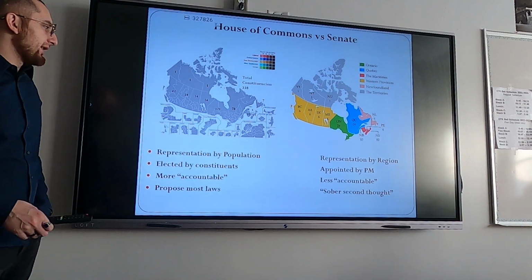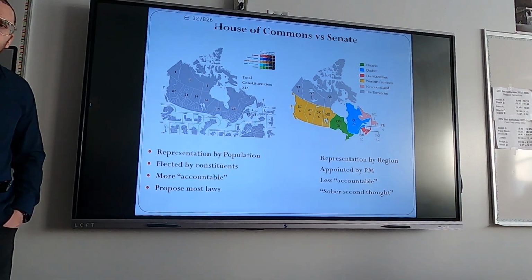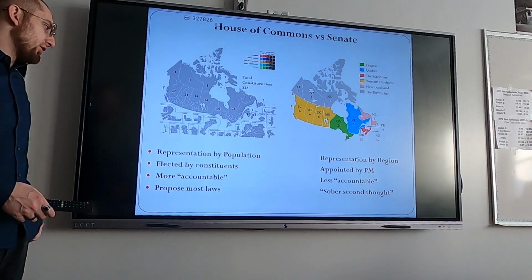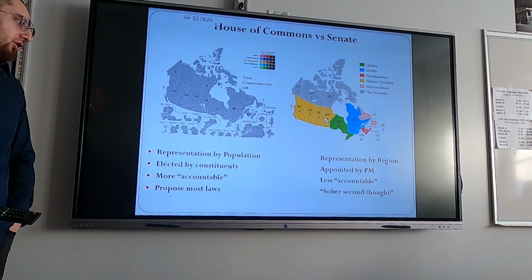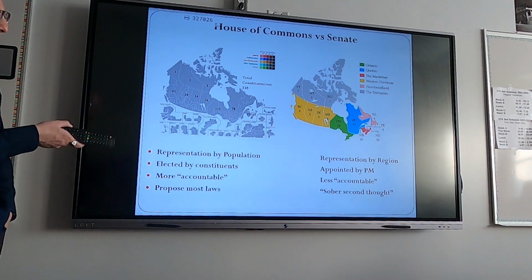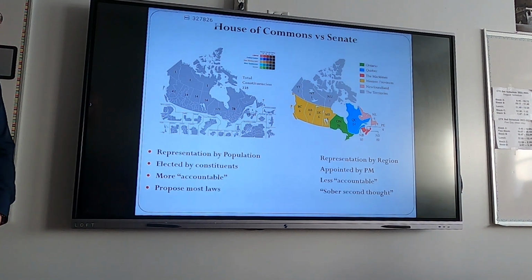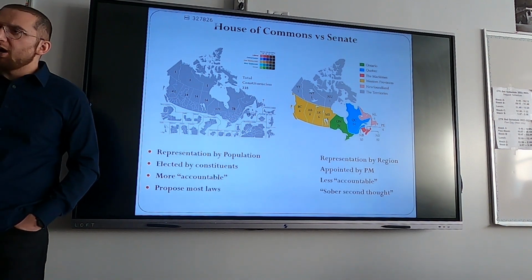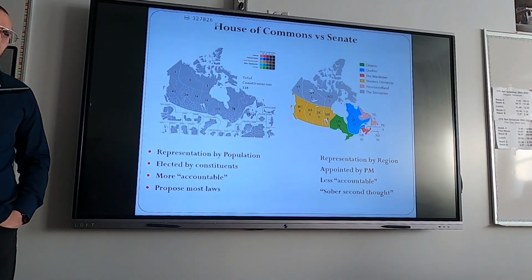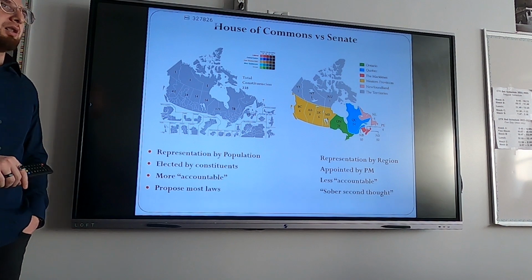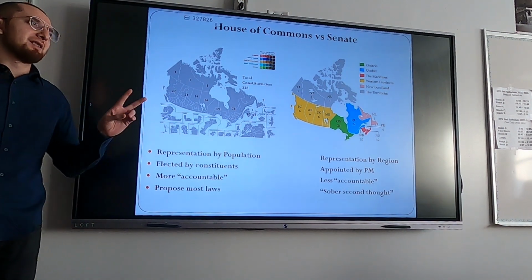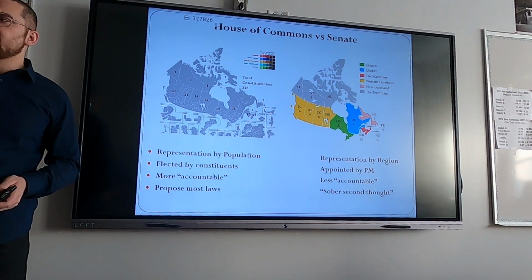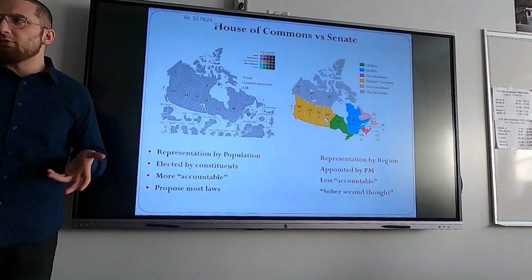Okay, so just a little breakdown again, going through this. We have the House of Commons on the left, which is representation by population. Actually, I made a mistake on the Senate there, but we'll correct that. They're elected by their constituents, so people go in and vote for the person running for office for a particular political party. You can think of that as like a particular team, right? You might have a team that supports certain things, and another team that supports other things, and which team are you going to root for, cheer for?